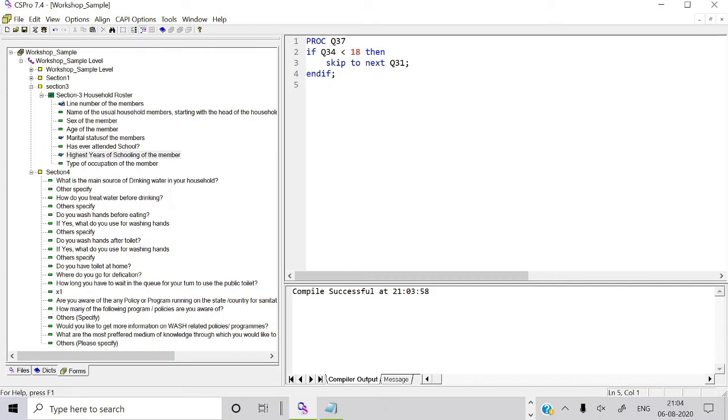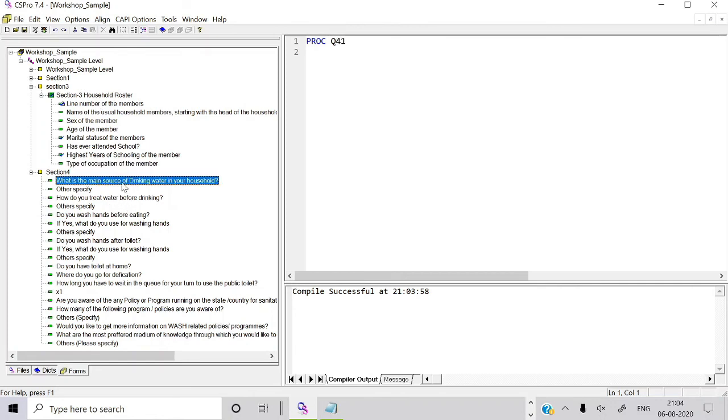So what we have discussed is how the roster will be controlled, the skipping, how the skip pattern will be there, and the pre-proc and post-proc things that we have declared. All of this was on the basis of numeric variable control and numeric variable skipping patterns. Now we are going to discuss what happens if we have a string variable, for example a multiple response.